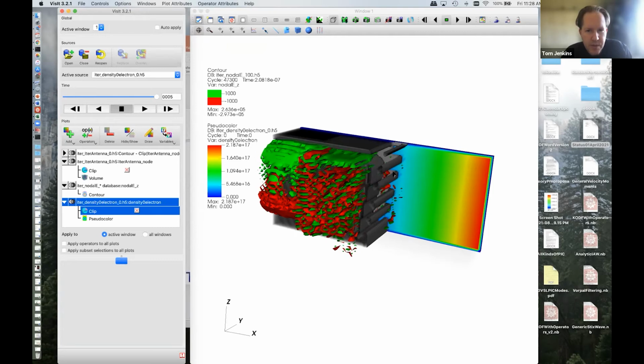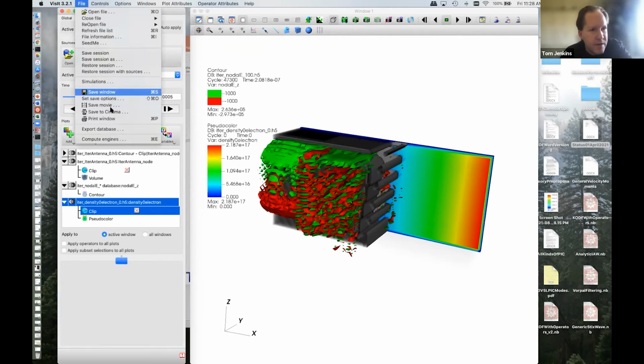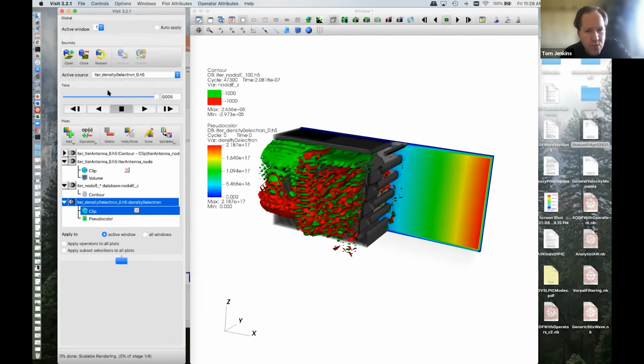If I like this plot that I've got, I can go into File, Save Window, and then it will save it as a PNG file. There are different save settings. I can choose different file formats and different places that I would want to save those files. And I'm not going to get into the details there, but